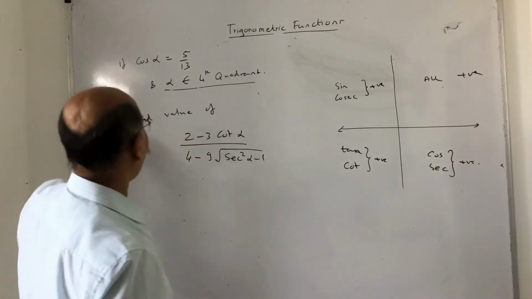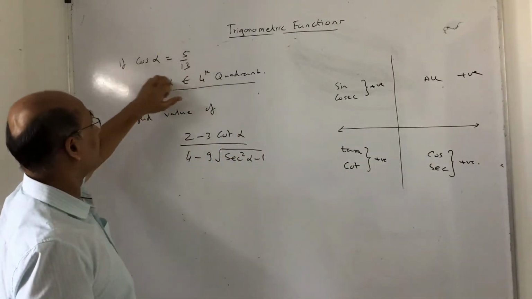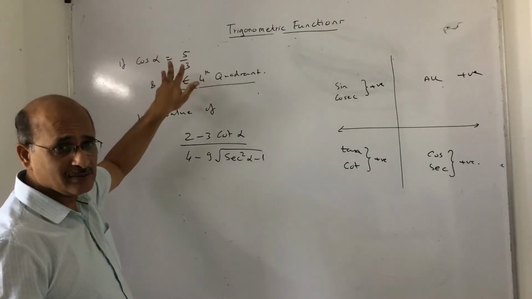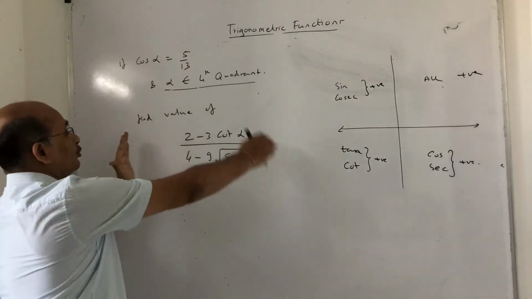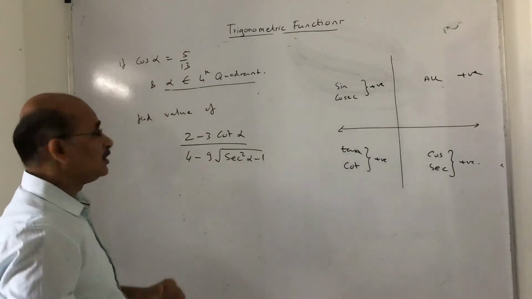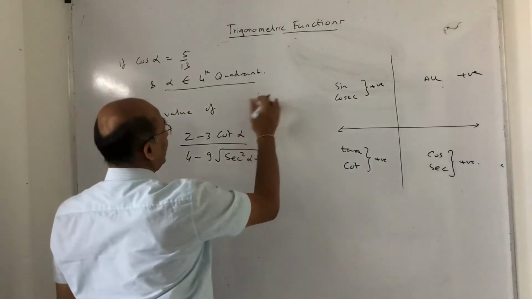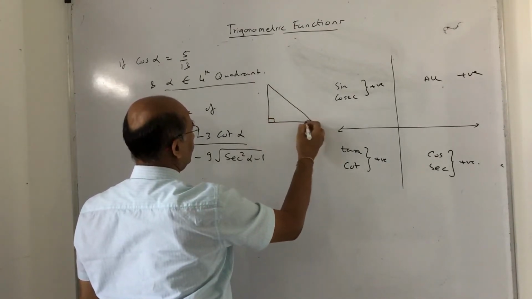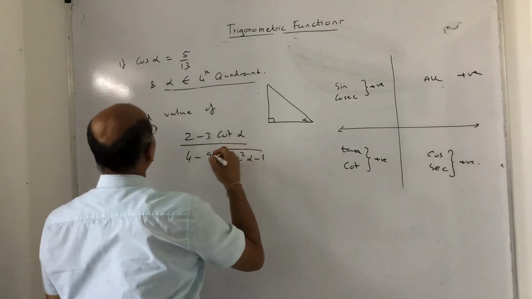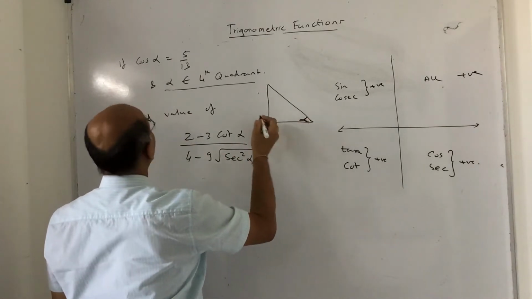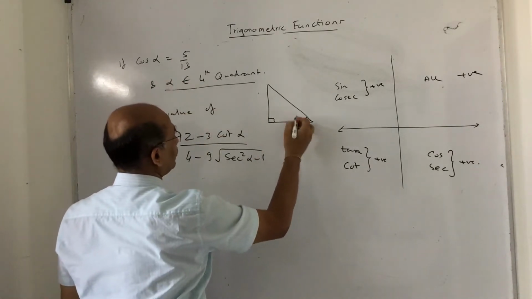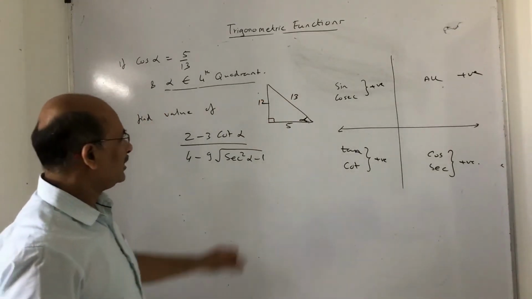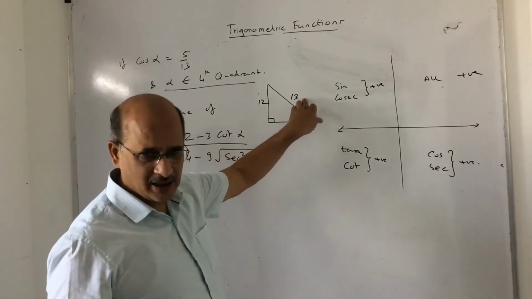But at the same time, I understand that some trigonometric function values are given to you, so it becomes a conditional sum. Conditional sum means some value is given to you, and they ask you the value of some expression. Whatever it is, you have to draw the right angle triangle and find the missing side. So what I will do is, pay attention now, this is alpha, and cos is nothing but this is 5, this is 13, this is 12. I think it's fine. 144 plus 25, 169, square root is 13.